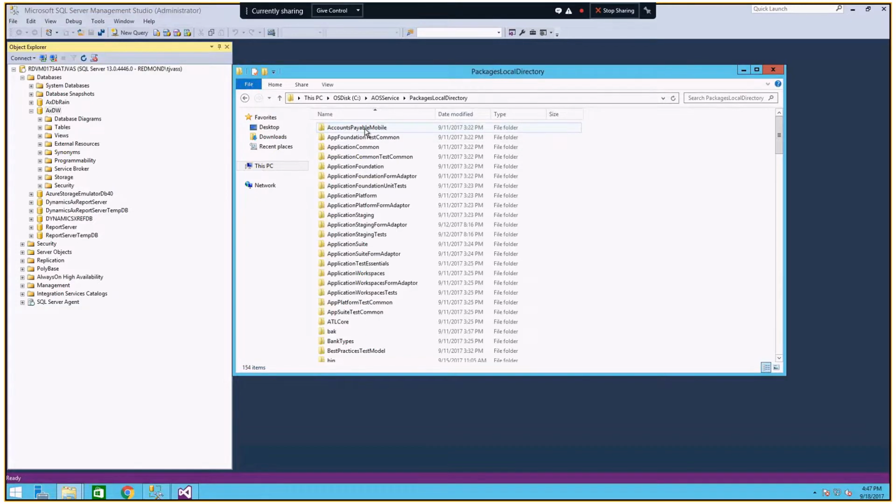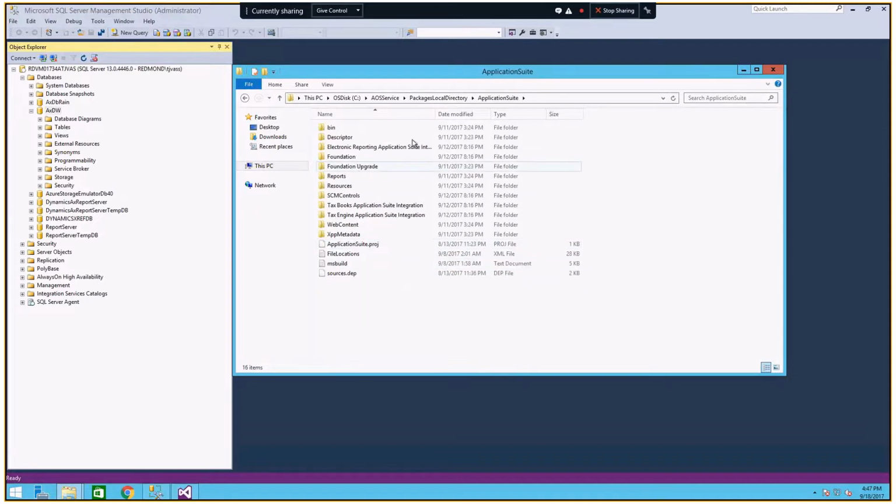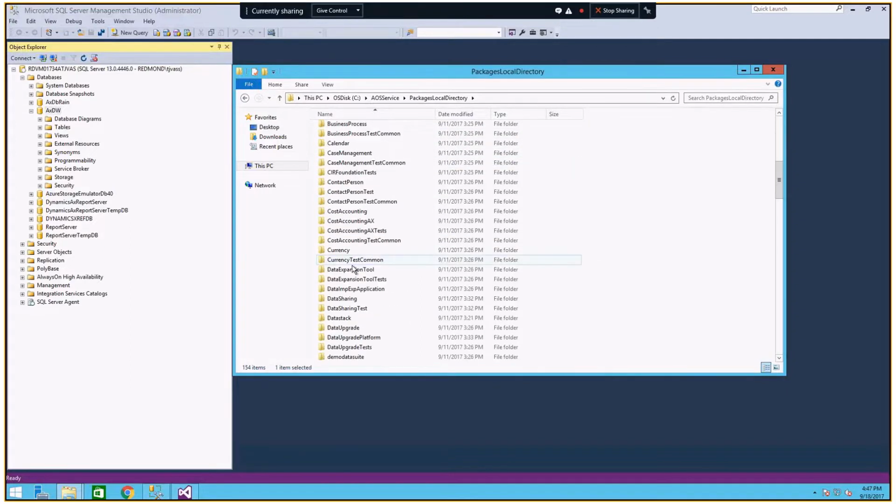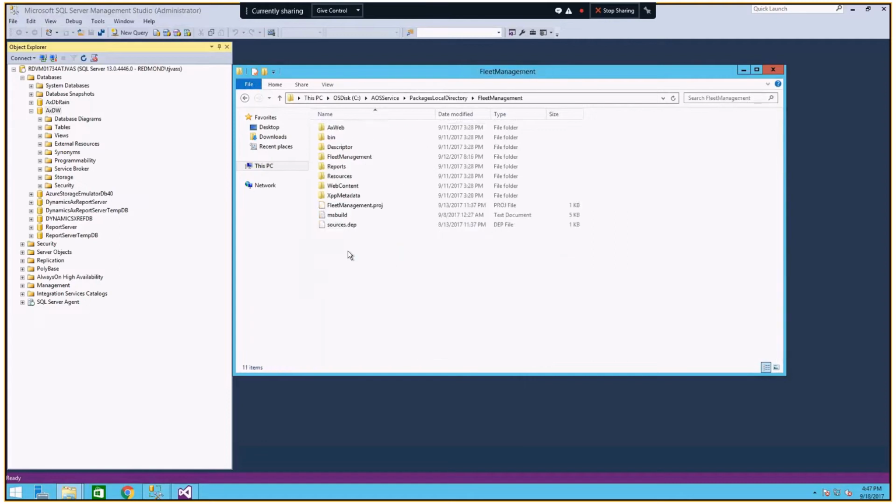And what it has in here is effectively all of the metadata that's used to build D365 for Operations, including all of the Power BI reports that ship with the product. So I can come in here and actually locate these. I'm going to go into App Suite, if I just really quickly, if I wanted to see fleets, it's the easiest. I would come and find fleets model,